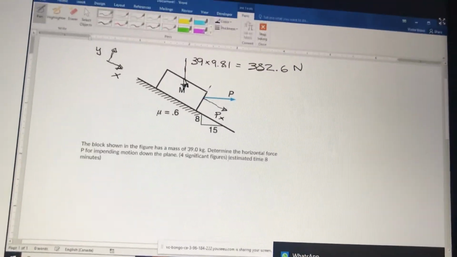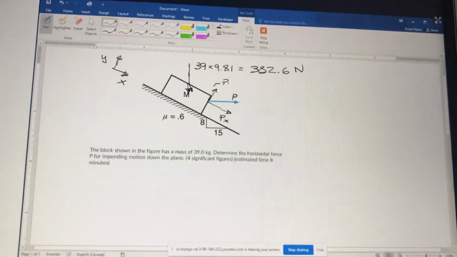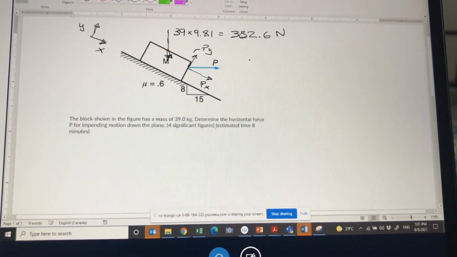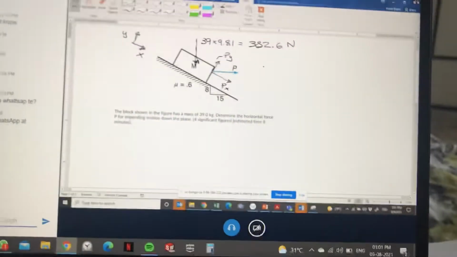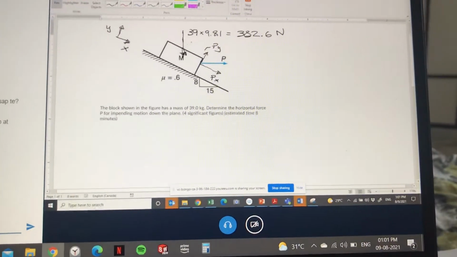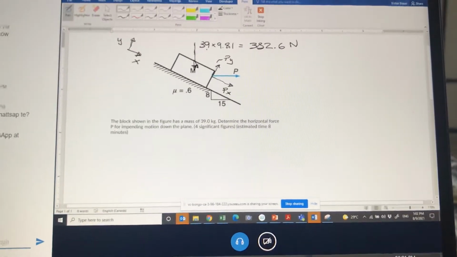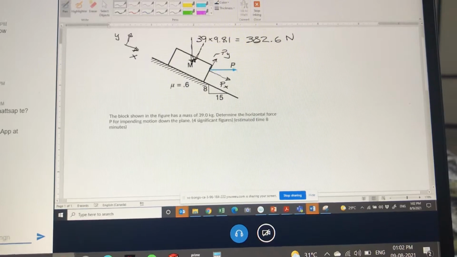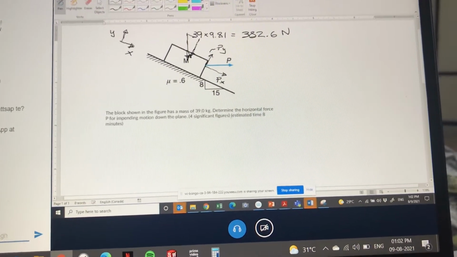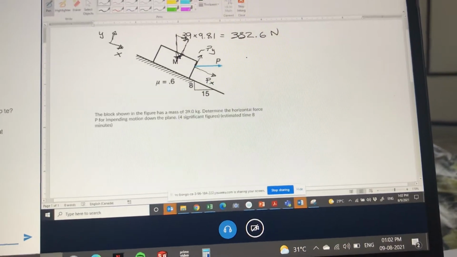Say that this is right here would be Py. Okay? So far so good, I guess. So remember that you will also divide this vector into two components, one right here and one down the slope. Okay, so the weight